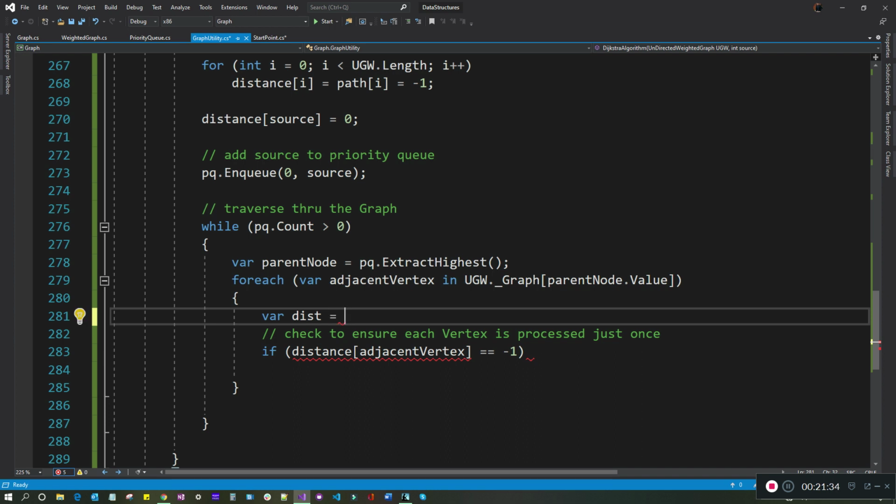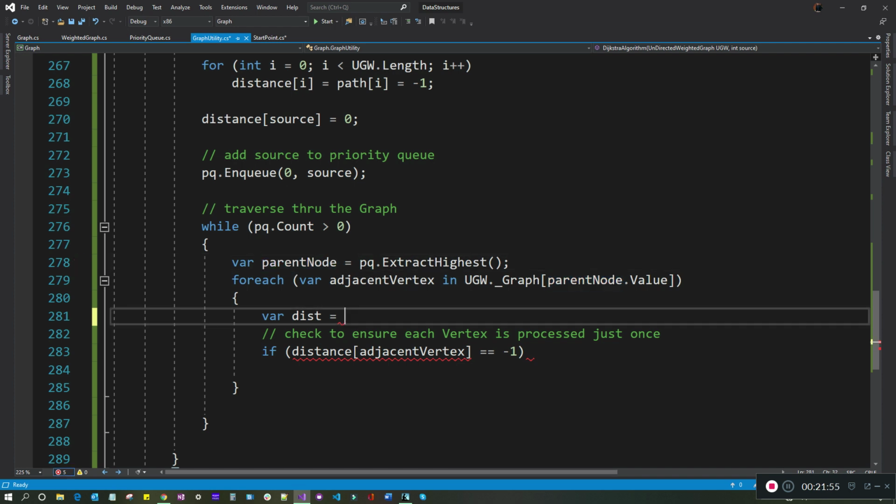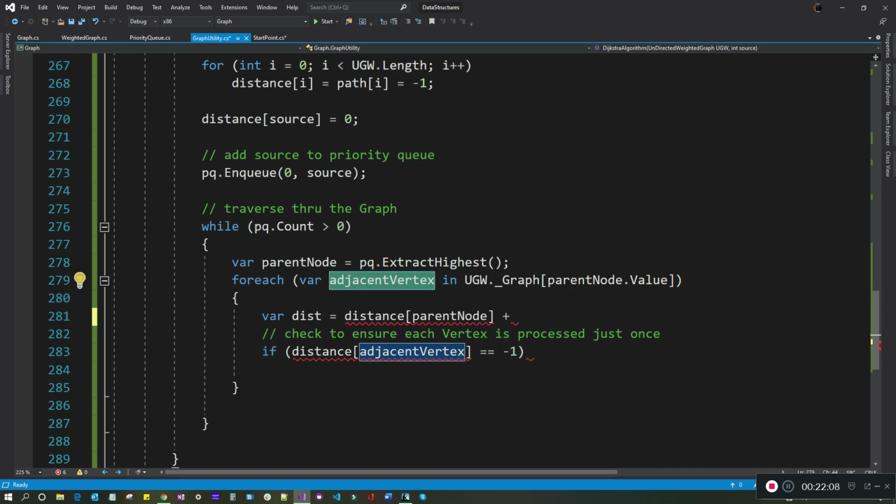And how do we calculate the distance? The distance for the adjacent vertex from the source node would be the distance of its parent from the source node plus the distance between these two nodes. And for the parent node, we can find the distance from our distance array, right? Plus what we want to add here is the distance between the parent and the adjacent vertex. So how can we do that is,